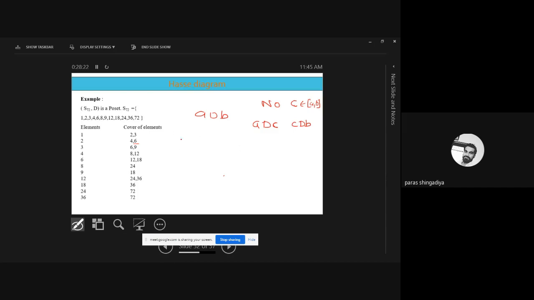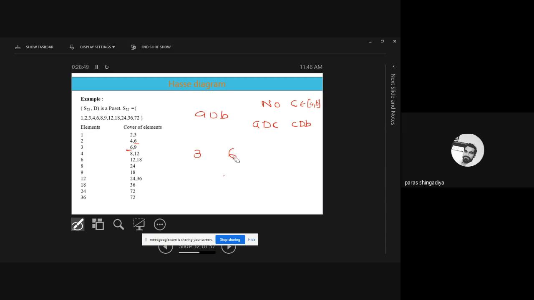Okay, and then after 3, with cover element of 3. So after 3, 4 is next. So 3 and 4 are not related. Clear? 3 divides 4 is incorrect, so it is not the answer. After 4, 6 is next. So 3 divides 6, that is correct. And in between 3 and 6, 4 is there. And 3 divides 4 is incorrect, so it is not a part of the C. Okay, so 6 is the answer.